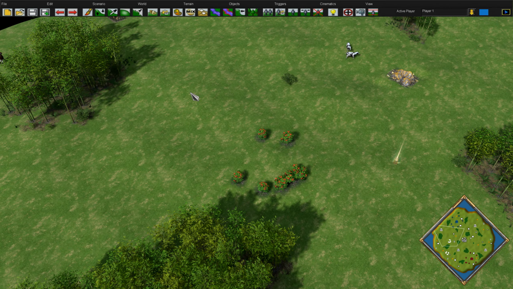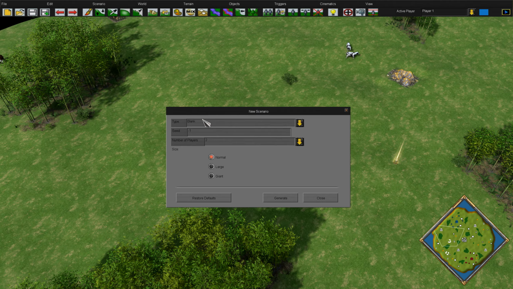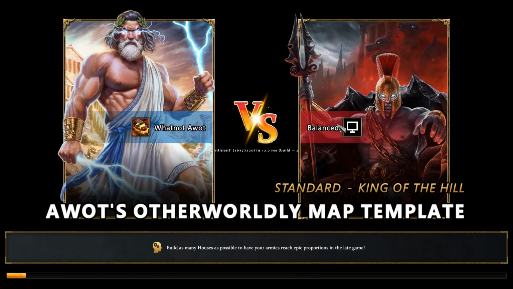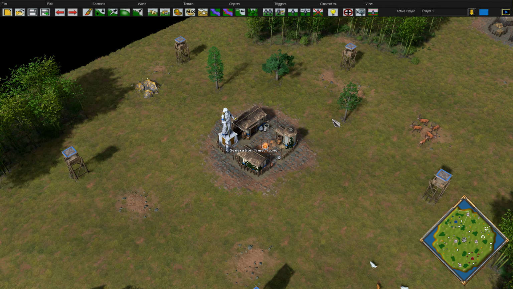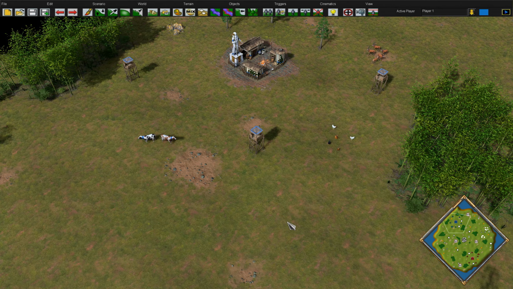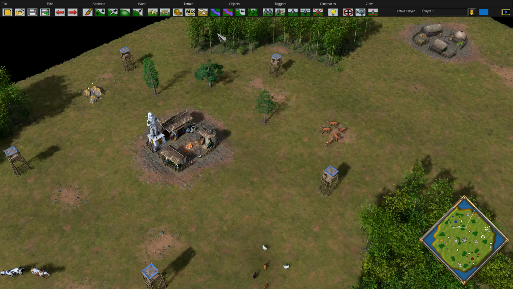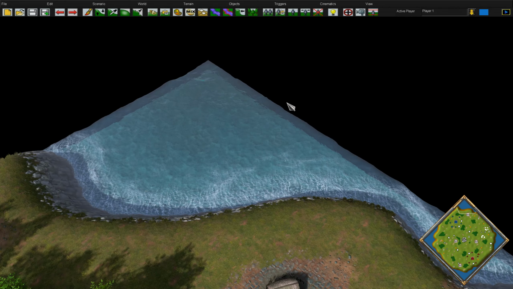Welcome back from the future once again. It's been quite a few days, but I've been working on the code and I've successfully told everything to stay away from cliffs and water for the most part. I think what I had to tell was all the animals, the different kinds of animals, all the gold spots, all the relic spots, all the forest spots, even the random trees that spawn, the singular ones, and a handful of other things to just stay away from the cliff, and I've done it.